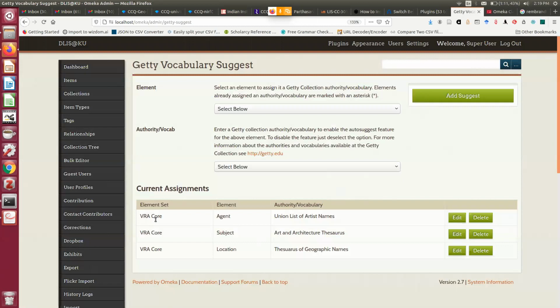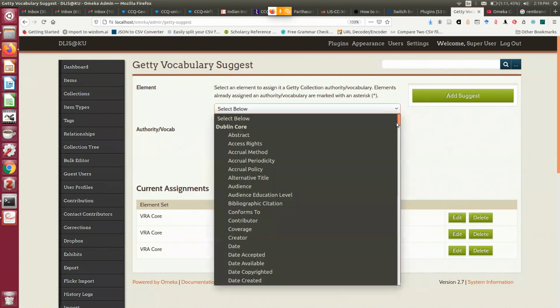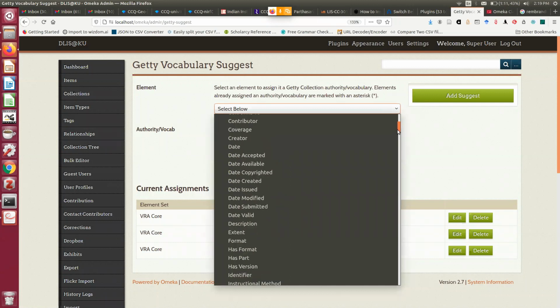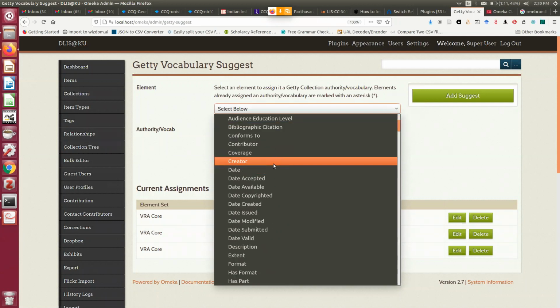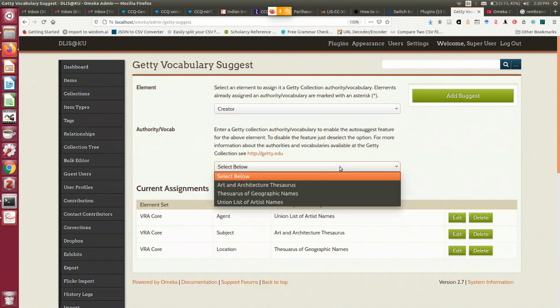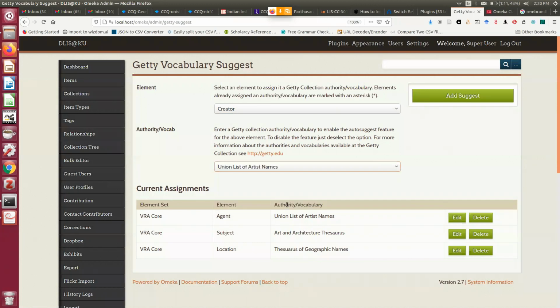So here you can see VRA code element is added with artist name. So similarly, suppose let me link dc.creator with union list of artist name.